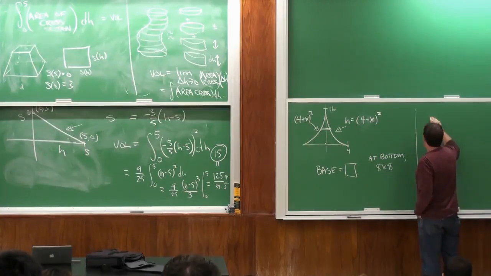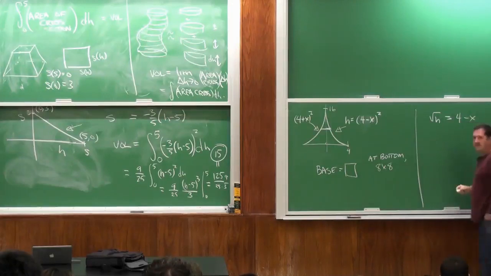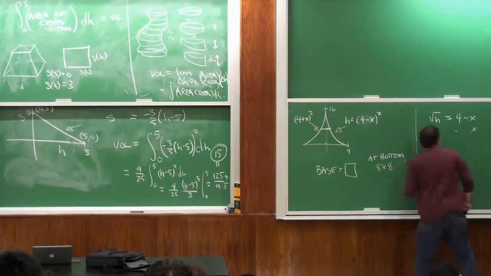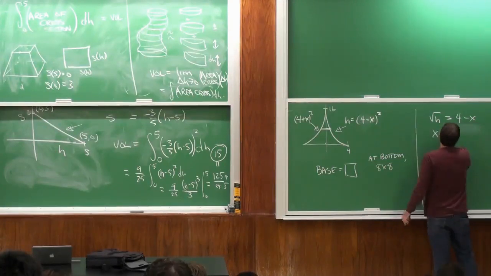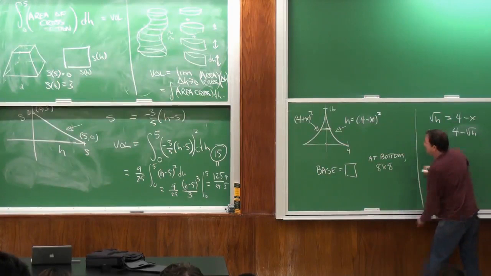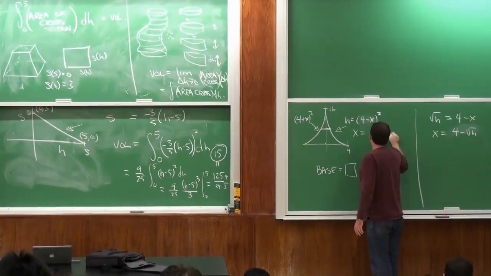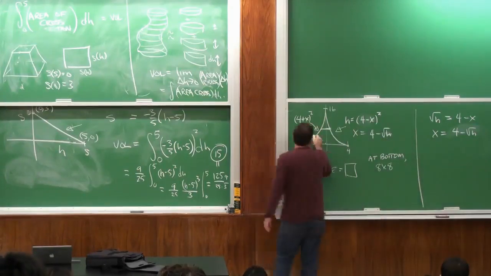Why can't I do this? Square root of h equals 4 minus x. So x is 4 minus square root of h. That's this side. And here our height is positive, so that's fine. And then this side,